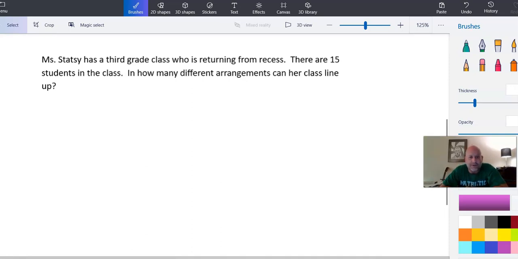Ms. Statsy has a 3rd grade class who is returning from recess. There are 15 students in the class. How many different arrangements can her class line up? Well,